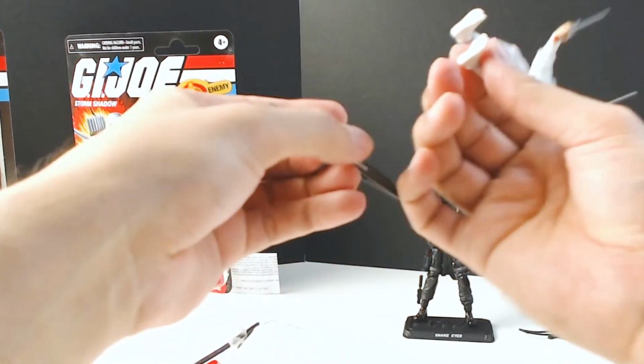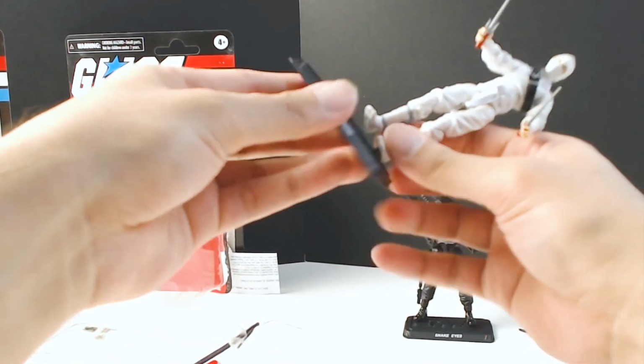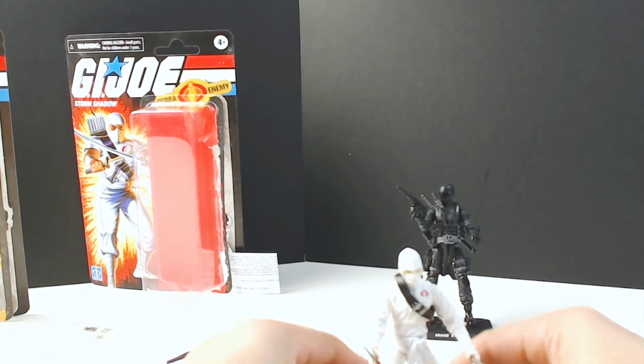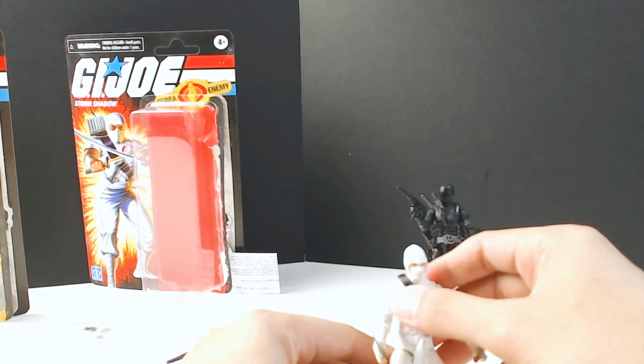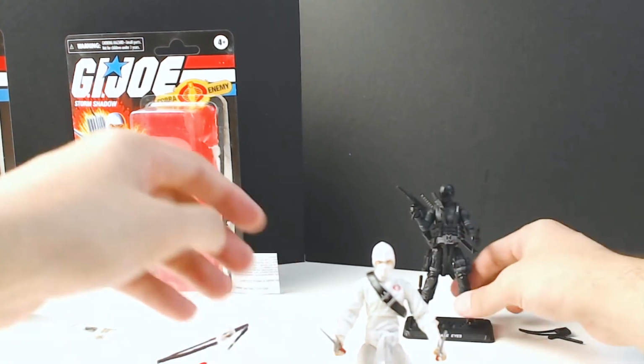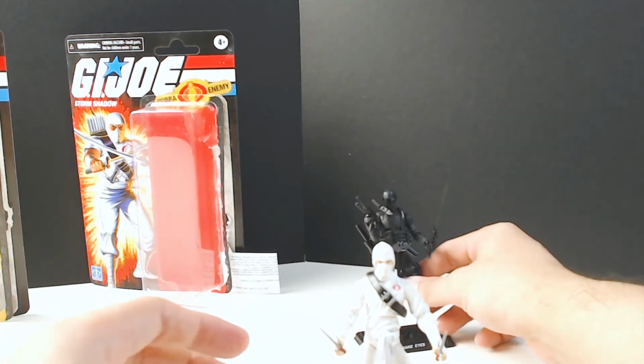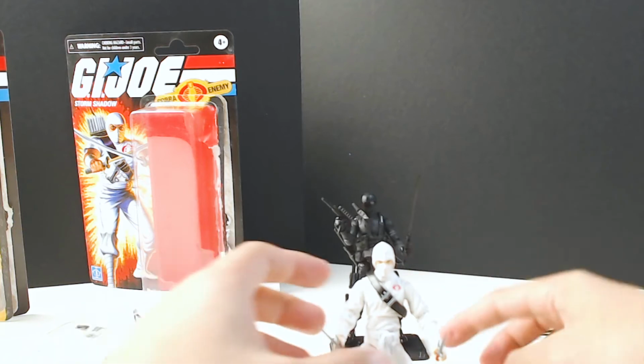Oh, okay. So this one is not the heel. This is the front foot. Okay. Why is this not consistent? Snake Eyes is heels. Okay, probably because Snake Eyes is wearing boots and he's wearing